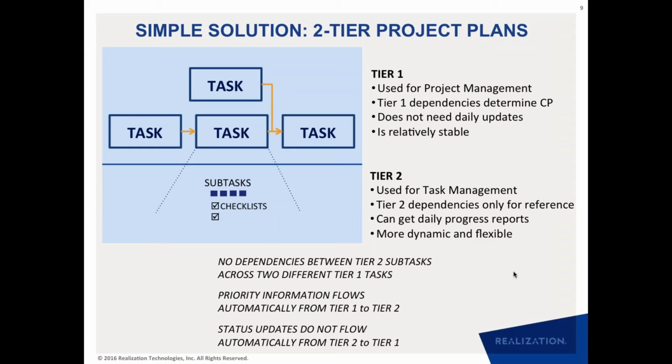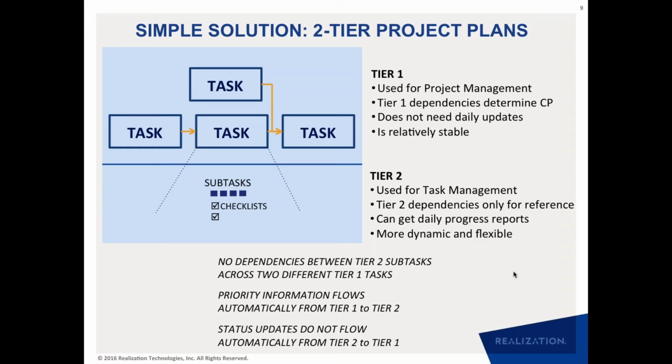And this is an important point, because in a lot of planning methods you can have level 1, level 2, level 3, level 4 planning, but the subtle change that we are saying is that the dependencies exist only at level 1. These are the dependencies that determine the critical path. Any dependencies at the lower level do not flow across the tasks. They are contained within the tasks, and they are not used for any kind of scheduling or critical path management.